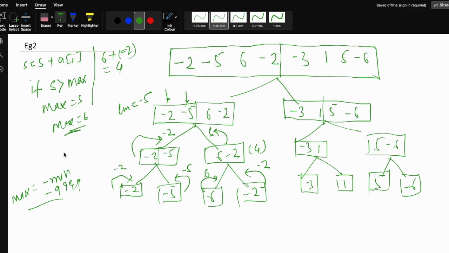So the mid will be left max plus right max. Left max is minus 5 plus right max 6, which is equal to 1. So let me delete this one.